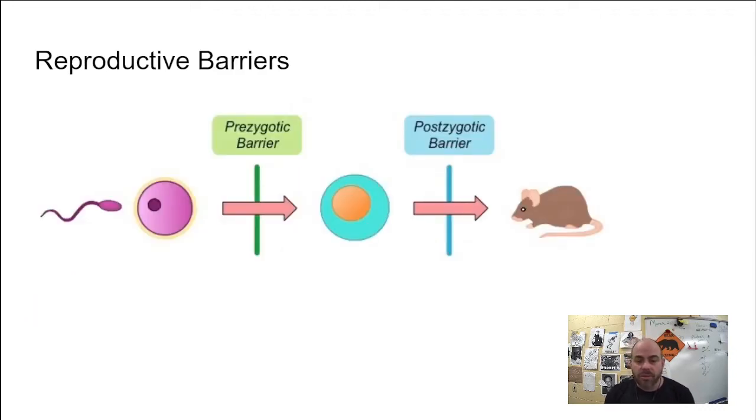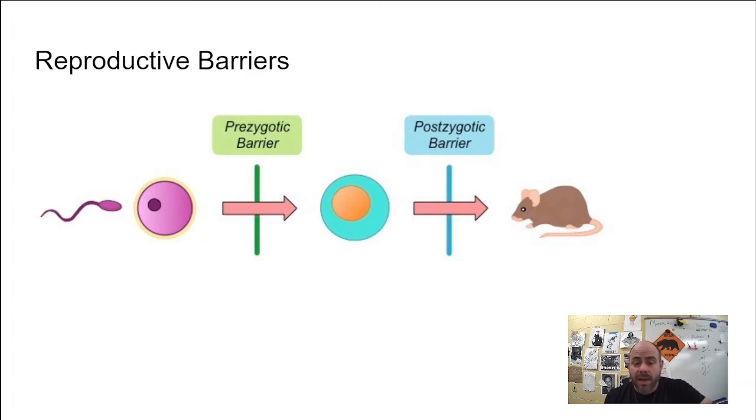What are these reproductive barriers? Well, there's two groups of them. They're prezygotic barriers and postzygotic. Look at the word. Zygotic, what does it sound like? Zygote. Remember, zygote's the product of fertilization. Sperm plus egg equals diploid zygote. There's the zygote in the middle. And so a prezygotic barrier is preventing fertilization, right? It's preventing the production of a zygote.